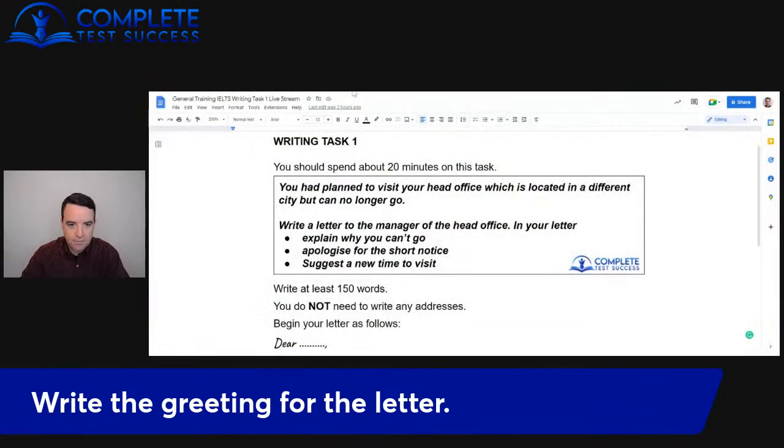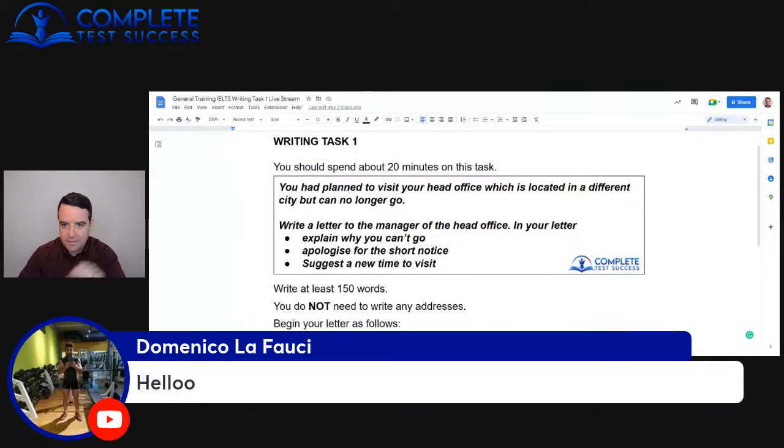So let me share the question here. Okay, so I'm not going to read it out. I'll let you read it yourselves and write the greeting for this question for me. And it is possible to do this incorrectly, which is why I'm getting you to do it. I want to just make sure that you can do it. And if you cannot, of course, I'll be able to correct you and you'll learn from that mistake.